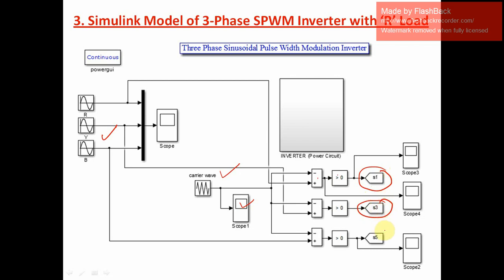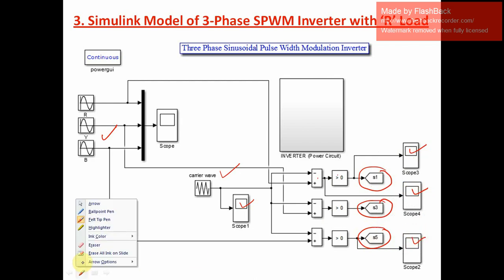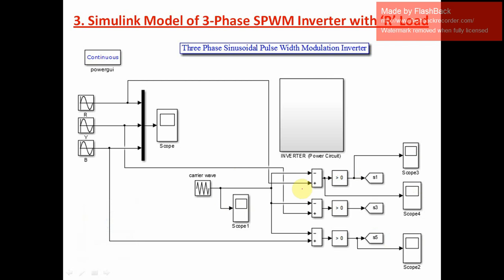So S1, S3 and S5 are the signals. We call these signals gate pulses. The gate pulses are ready here, and we can observe them in the scope. Everything is observed and tested by checking all these waveforms in the scope properly. Once it is through, these gate pulses are ready to fire the IGBTs